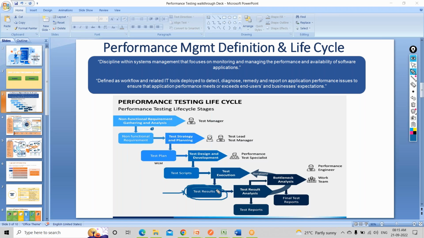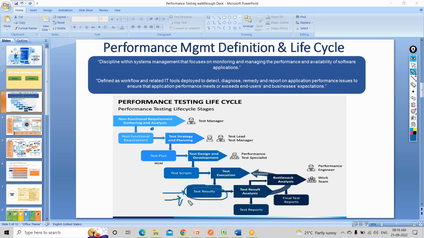In a similar way, in the test results, whenever you show the results, if it's under SLA, they will immediately pass. Sometimes however you highlighted the issue and they're aware of it. They are aware of it and they'll get it fixed in some time, like it will take until the next quarter or next patch, something they're expecting which is going to take time, so they can give you a sign off also. So, fine, we are happy with the results the performance team has developed and delivered. We know the issue for now, for sure we'll get it fixed, and we'll have our resolutions. So that is the one solution.